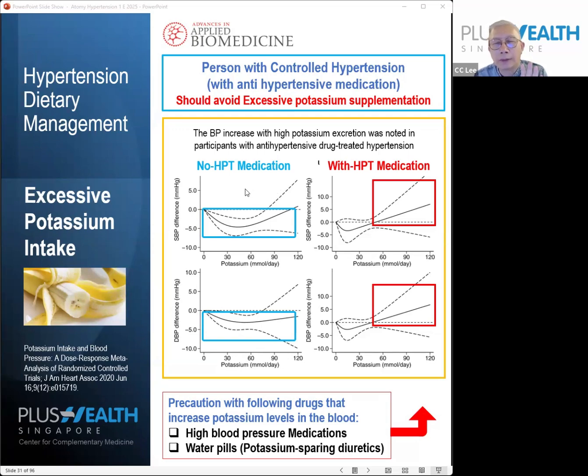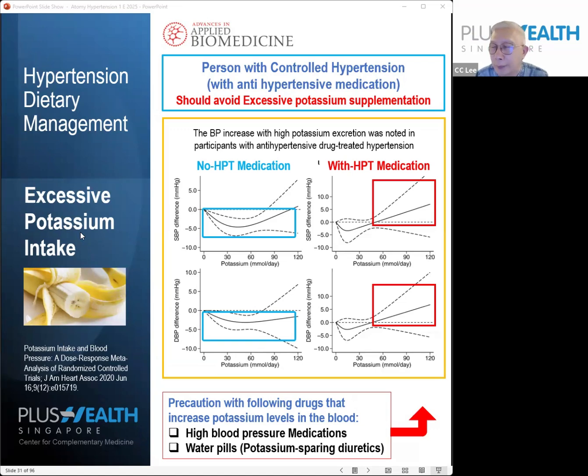If you are a hypertension patient and you're on medication, and with the hypertension medication, your blood pressure is controlled. Then, if you take in excessive potassium